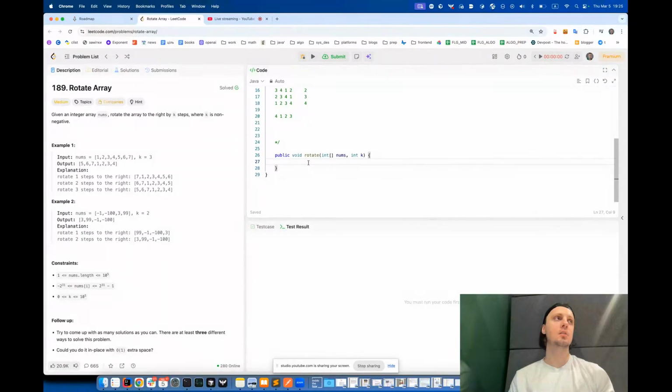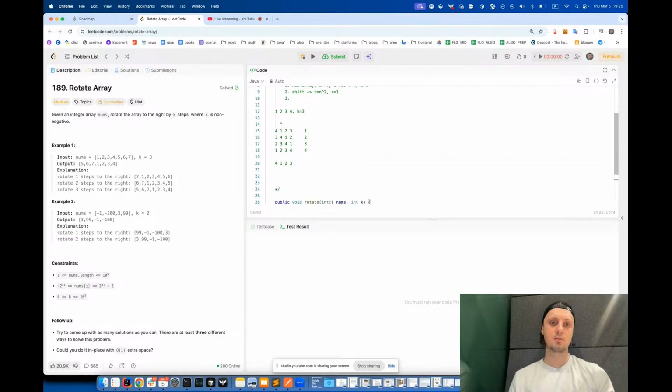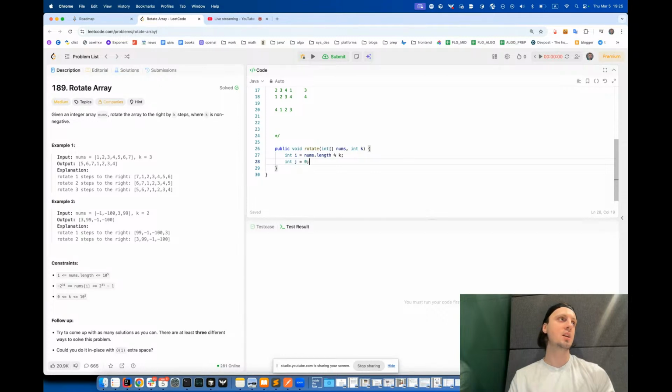So we have i. It's the position of nums length mod k, right? And this is our starting position. And then we have a j. So the j is like the position of where this first element should be placed. And we do the following. So while